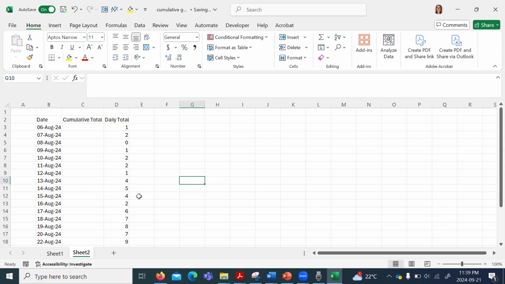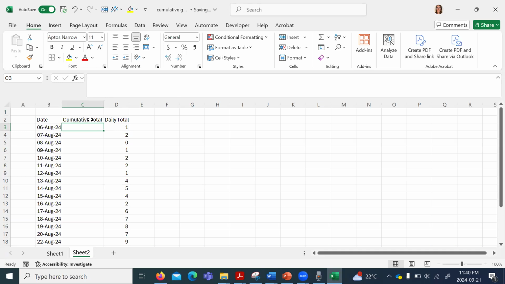So as you can see, I've got some information already listed on this sheet. I've got the dates put in there, and then I've just got some random data put in as the daily totals. Next step, once you have that information in there, is that you want to set up the formula in order to calculate the cumulative total. So I've put it to the left of the daily total column just to make it easier when we're actually setting up the graph. We can just grab it all at once instead of having to do two separate columns